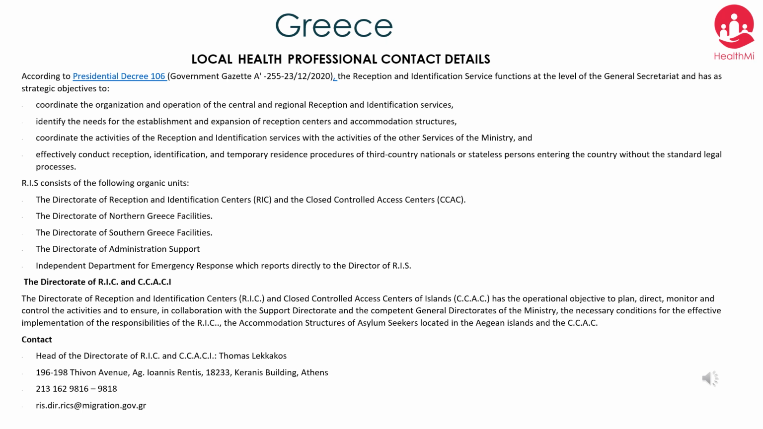the Directorate of Reception and Identification Centres, RIC, and Closed Controlled Access Centres of Islands, CCAC, has the operational objective to plan, direct, monitor and control the activities, and to ensure, in collaboration with the Support Directorate and the competent General Directorates of the Ministry, the necessary conditions for the effective implementation of the responsibilities of the RIC, the accommodation structures of asylum seekers located in the Aegean Islands, and the CCAC. Contact: head of the Directorate of RIC and CCAC, Thomas